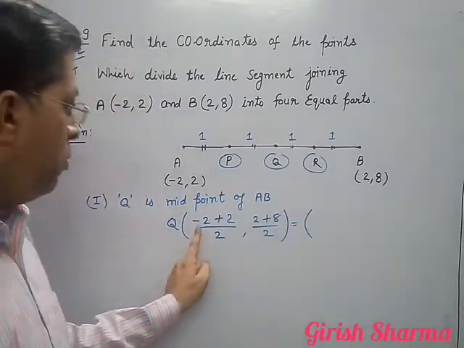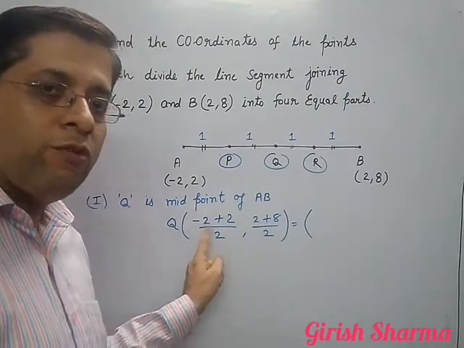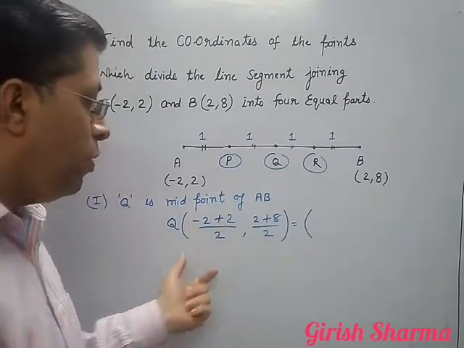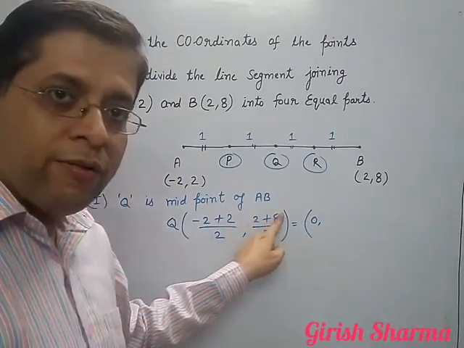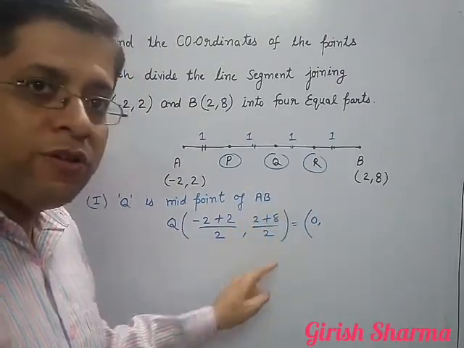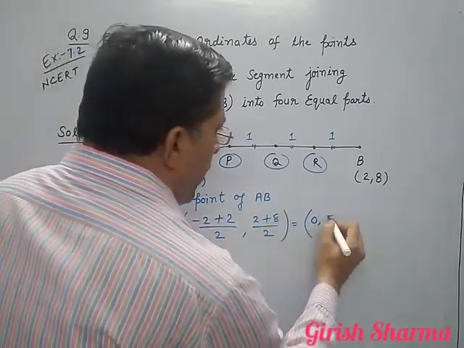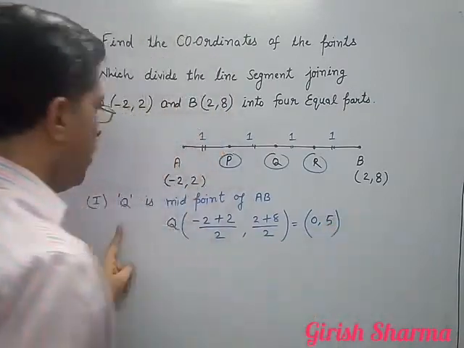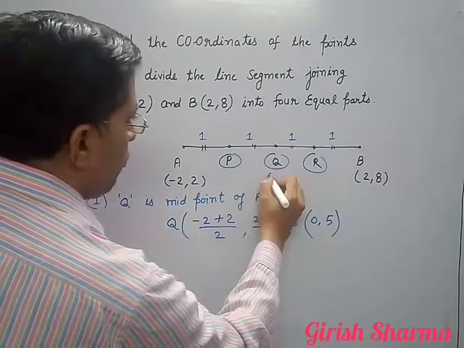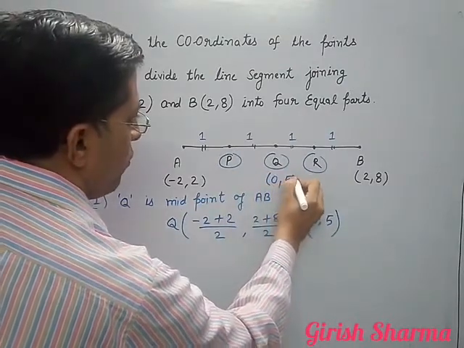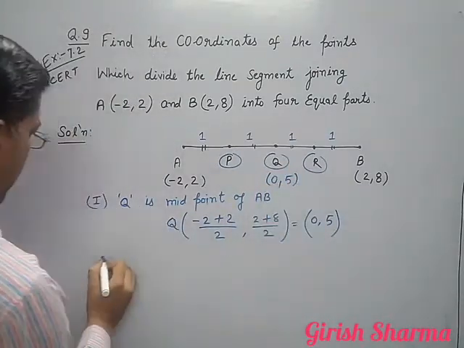See here, all of you see here, minus 2 plus 2, that is 0. 0 upon 2 is 0. 2 plus 8 is 10. 10 upon 2 is coming 5. This is the coordinate of Q. I am writing here (0, 5). Now come on, second part